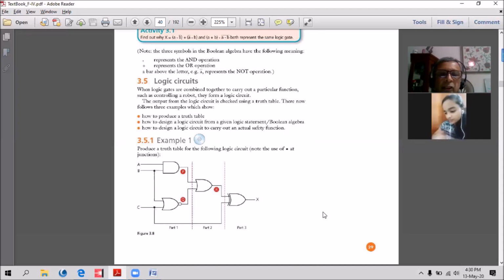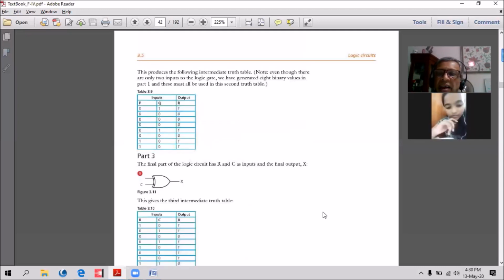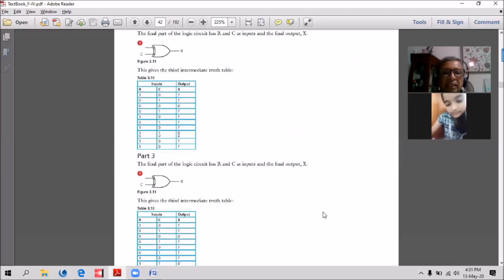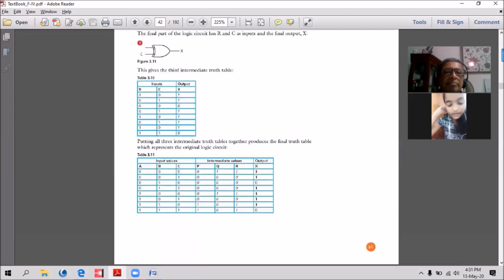Hope you remember the truth table of XOR. Exclusive OR: when both come, it can't happen. There should be only one. If both don't come also, it's 0. One of them coming only is the correct one.